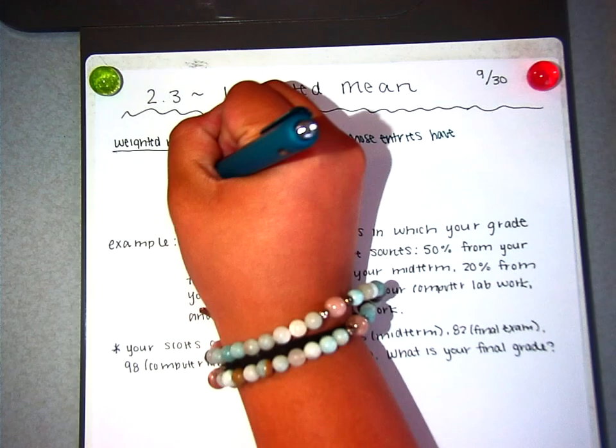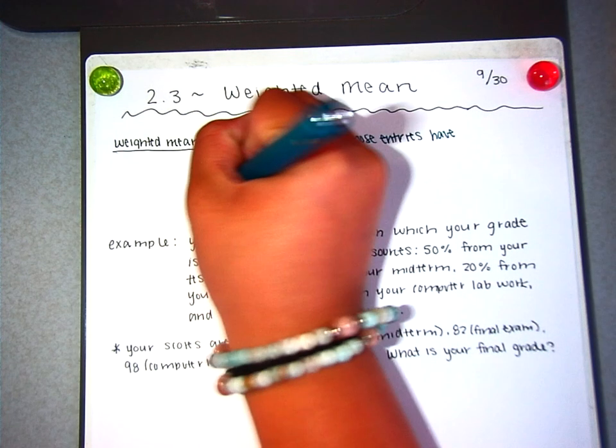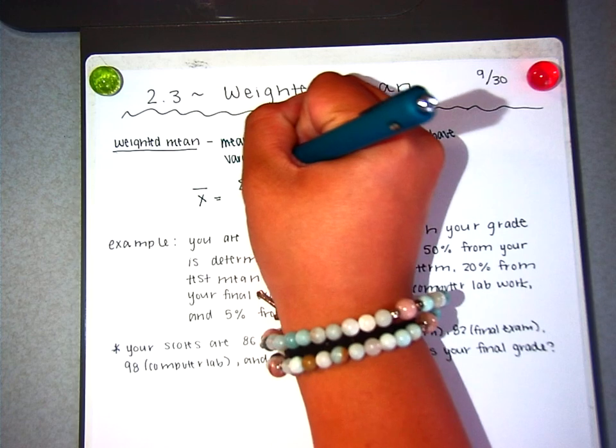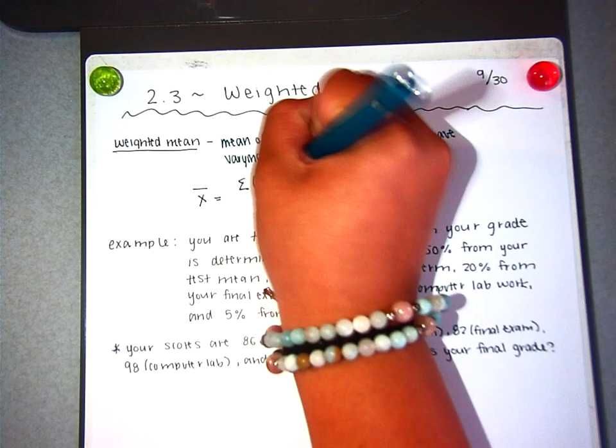This would look like for x equals of x times